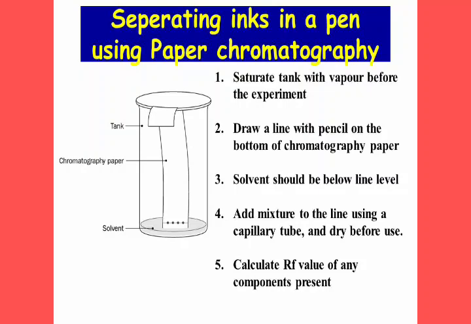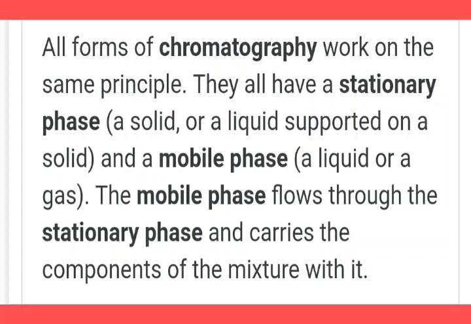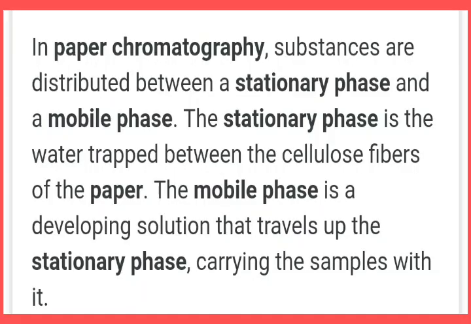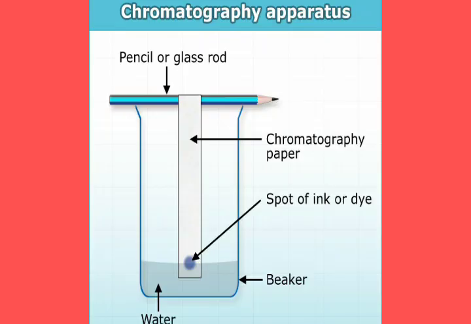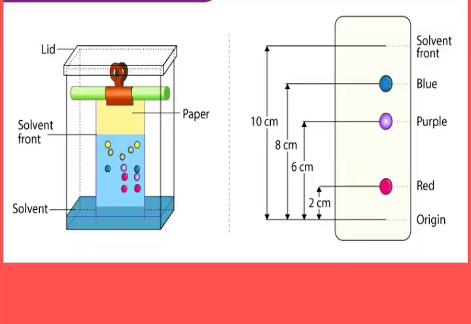Now next is the principle involved in chromatography. Chromatography separates the components of a mixture on the basis of differences between two phases, one of which is stationary while the other is mobile. The simplest type of chromatography is paper chromatography. In this method, a special type of paper called chromatographic paper, or ordinary filter paper, is taken. A line is drawn with a pencil near the bottom edge of the paper. A drop of the mixture is placed on the filter paper above this line.